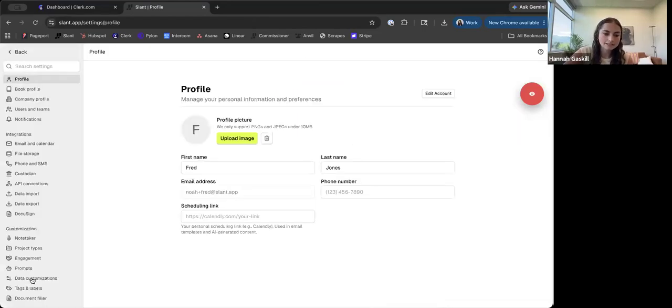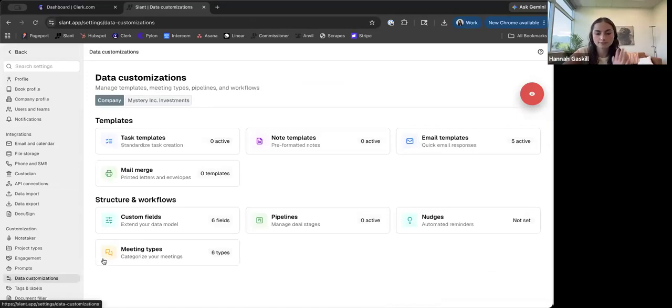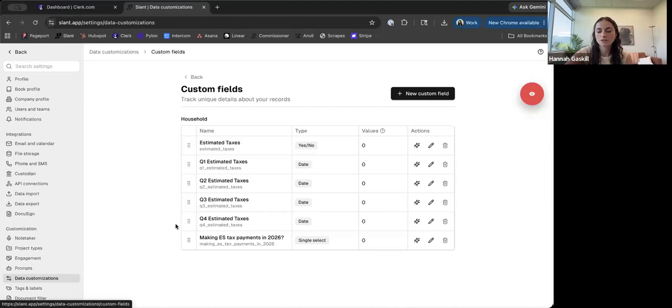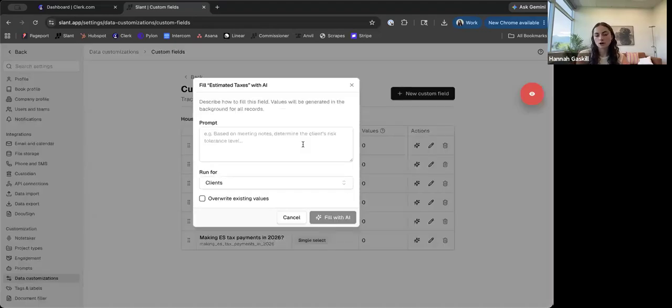So inside of data customizations, this is where your custom fields live and a lot of other things. One feature, and we've had this for a little bit, but that I don't always see people using is the AI filled custom field. Wherever you have custom fields on the household level, you'll see this little AI sparkle icon, and you can click here and give AI a prompt on how to backfill that specific custom field